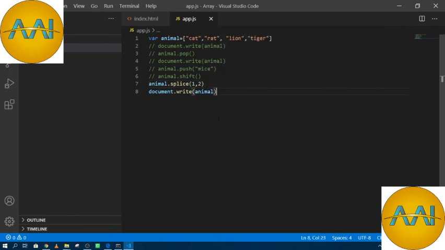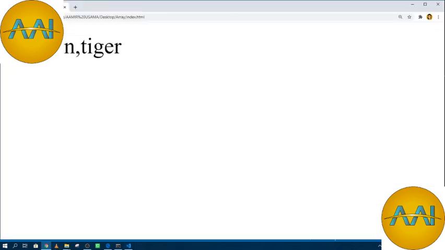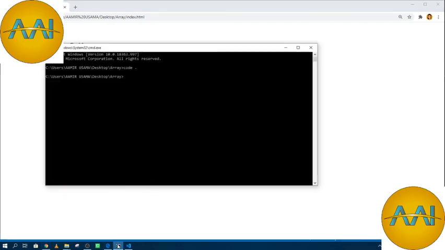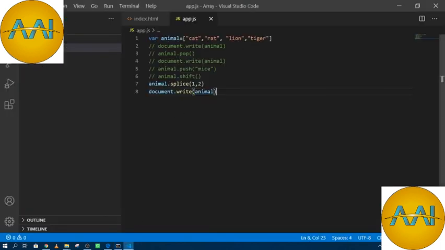So let's see guys what happened. You can see guys, only cat and tiger are remaining in my file, and the other elements, which I mentioned by index number 1 and 2, are deleted.